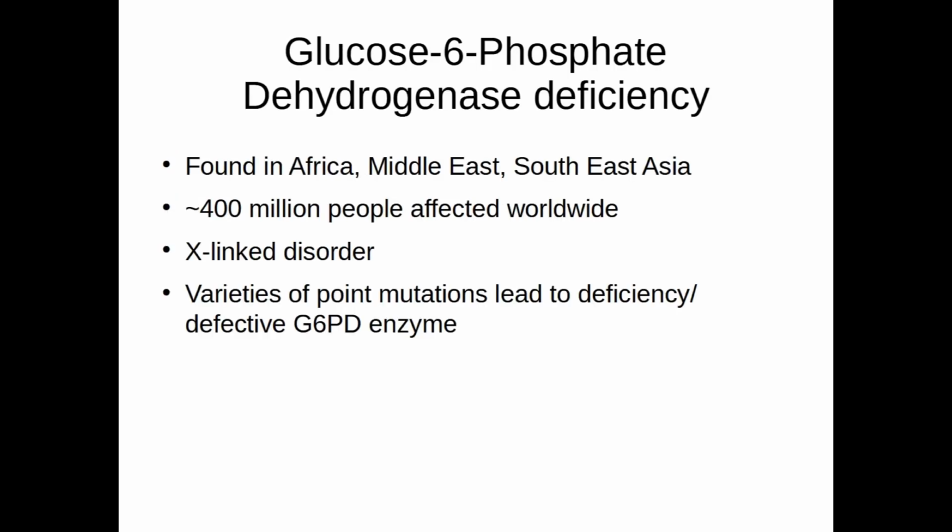The next hemolytic anemia we'll be talking about is called glucose 6-phosphate dehydrogenase deficiency anemia. Around 400 million people worldwide are afflicted by this disease and it is found in Africa, Middle East and Southeast Asia. India is a part of that. It is an X-linked disorder, meaning to say that males are affected and females generally are carriers. Numerous mutations have been identified which can lead to this disease.